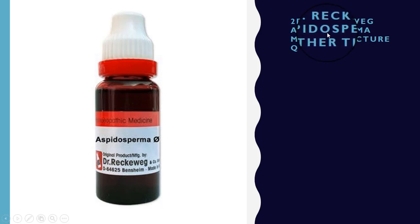Because it increases the oxygen capacity in the blood, and Aspidosperma present in this medication is an excellent remedy for all kinds of asthmatic complaints. It is used to relieve chest congestion, influenza and cough problems. This medication also helps in dissolving clots in the blood vessels of the lungs, which are narrow due to